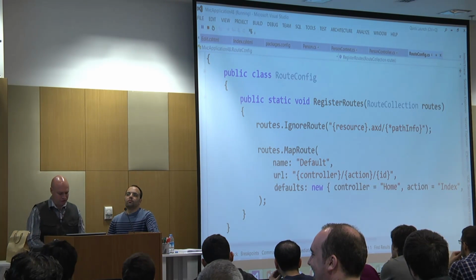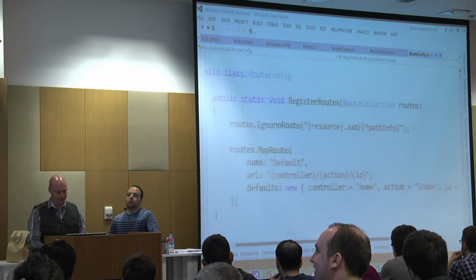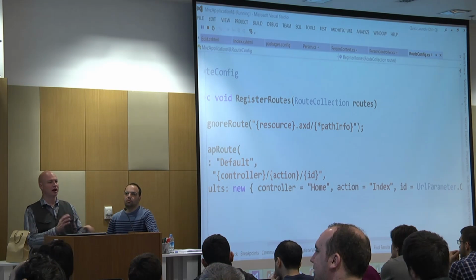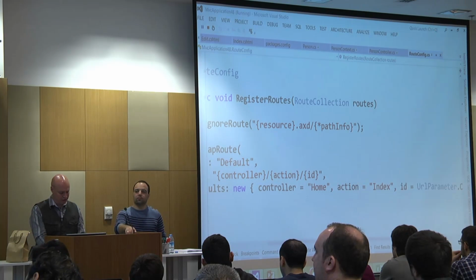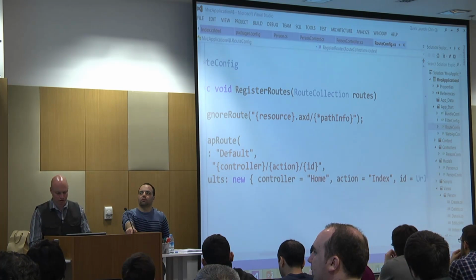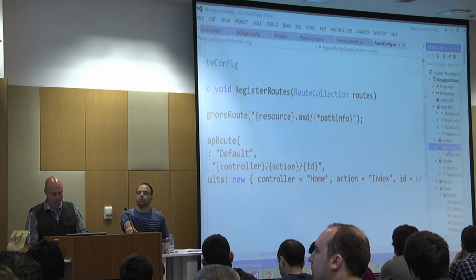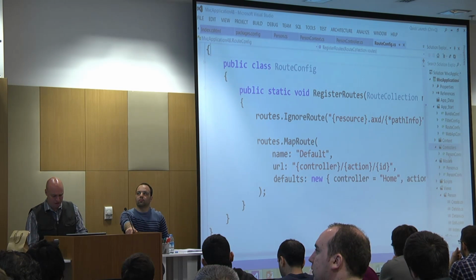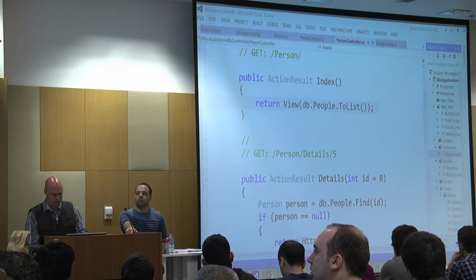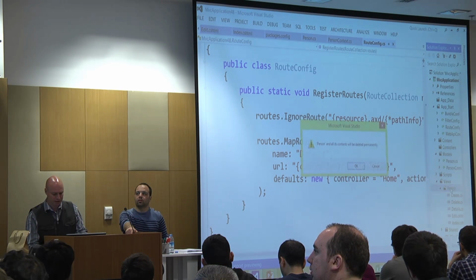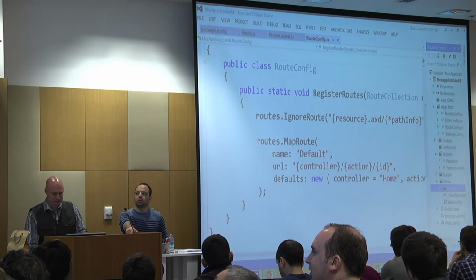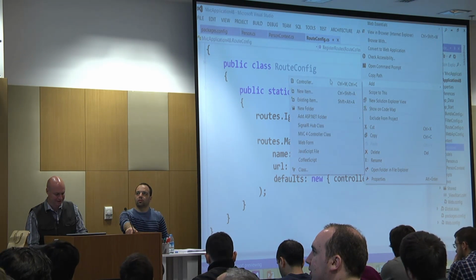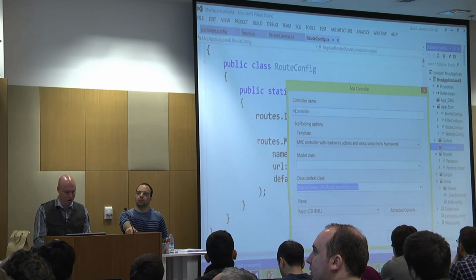Okay? So this is expecting, if I had called my controller home, and I'd made an action named index, it would automatically work for me, right? So I can actually do that. I'll create an empty controller called home. So I'll add, or you know what, scaffolding was so quick, I'm just going to delete this and rename it to home, okay? So it was a little bit slow when I did it the first time because I was talking. Let's see if I can do it a little faster this time. Okay, so I'll call this home controller,